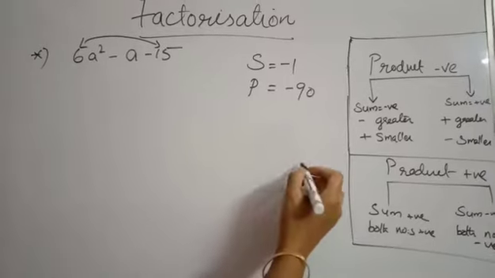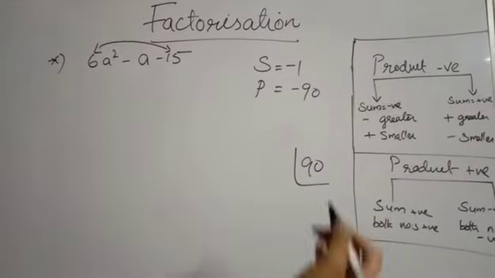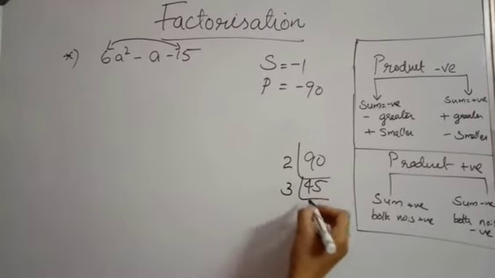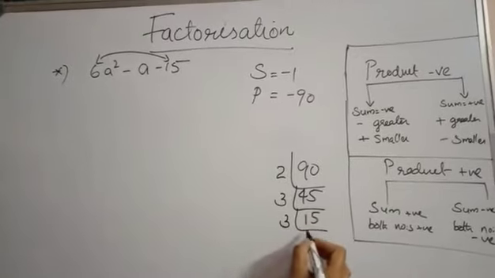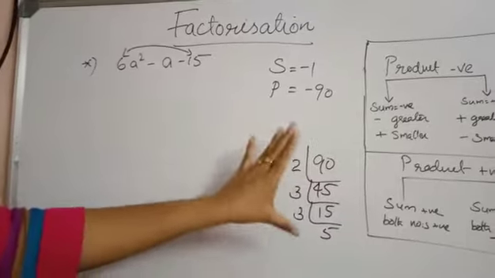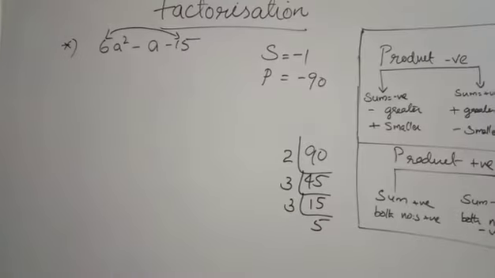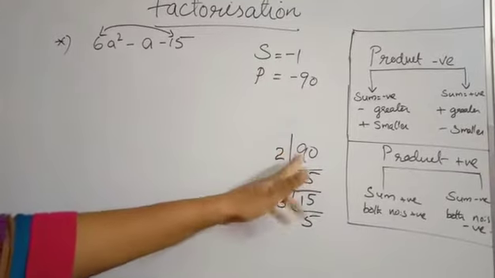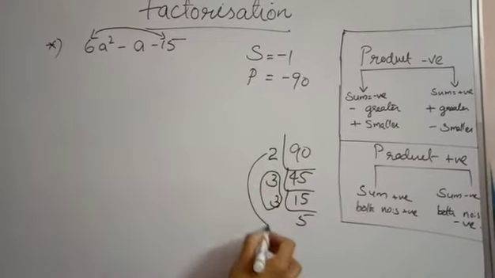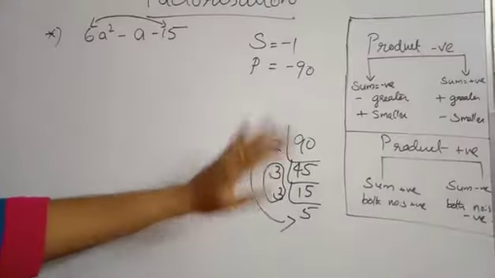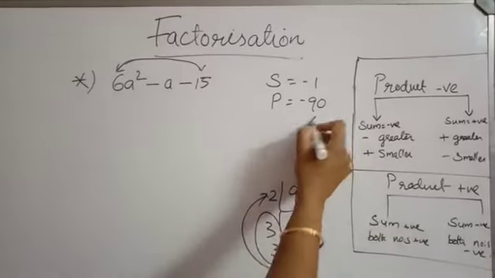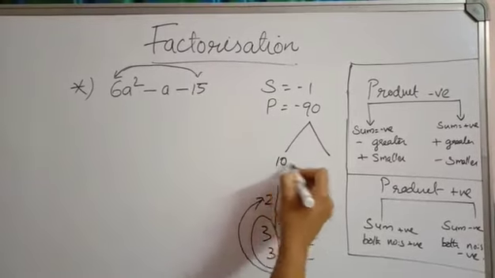You have to factorize 90 first. It's easy to solve, but still for your reference, you have to do the factorization. Now we have to group these numbers into two groups so that the product should be minus 90 and the sum is minus 1. Product is already minus 90 because we have taken 90 itself here. Now I'll group these two numbers in one group, that is 3 3s are 9 and 5 2s are 10. So 10 into 9 is 90, and the difference between 10 and 9 is 1. So when you split this minus 90, you will get two numbers, 10 and 9.